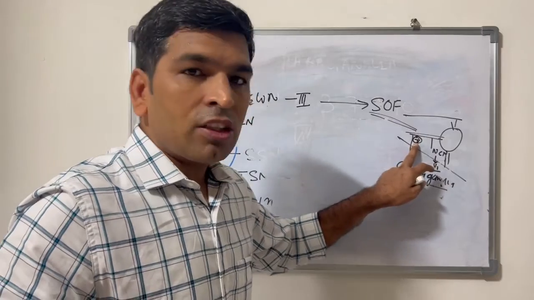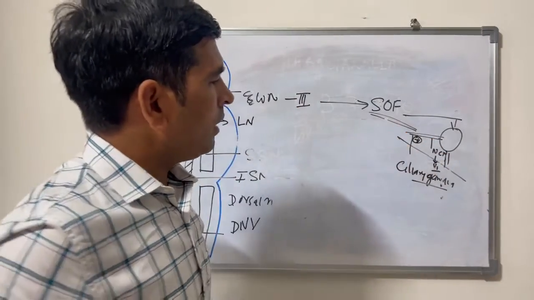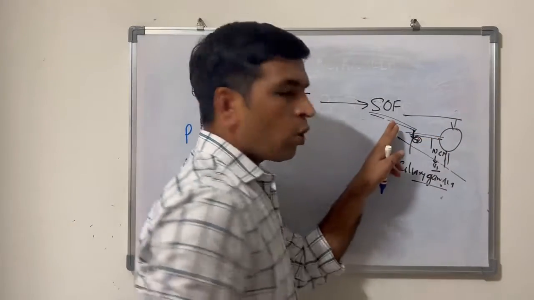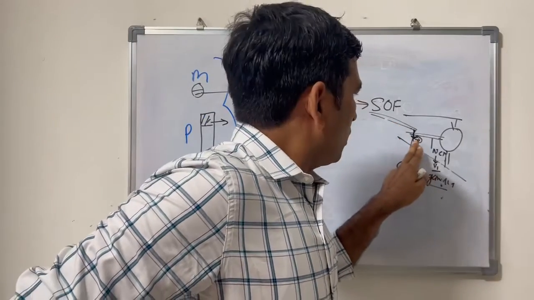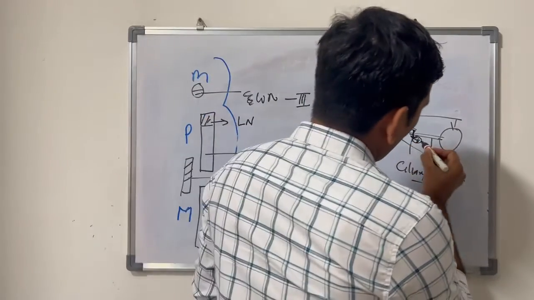But this ganglion is not related with the ciliary nerve. This ganglion is related with the oculomotor nerve fiber. These supply this ganglion by the preganglionic supply,